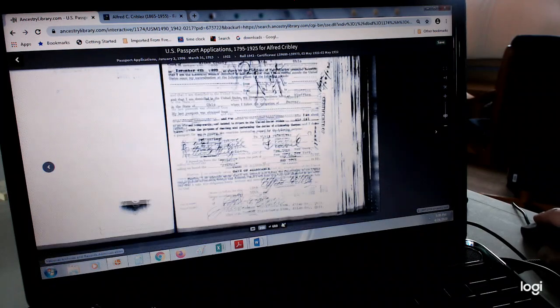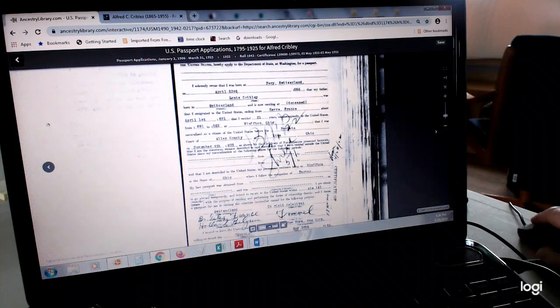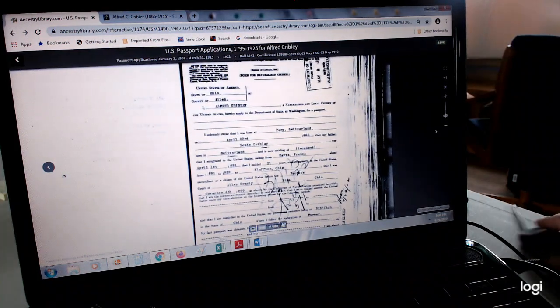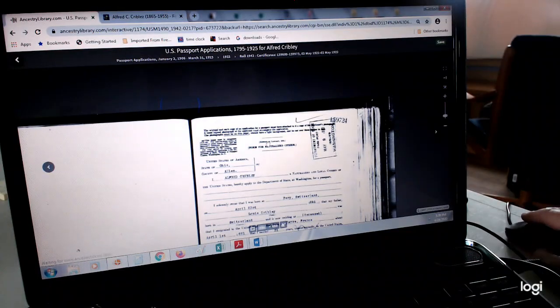So if you went to Allen County naturalization records, you should be able to find his. Shows he was a farmer. He's going to travel abroad, going to be back within 6 months. He's going to Switzerland to visit his relatives. He's going to the British Isles, France, Holland, Belgium for travel. He's going to leave on the ship called the France on May the 10th, 1922. There is his signature. Okay? And there's always 2 pages to a passport application. So let's go to the second page. See what we can find.